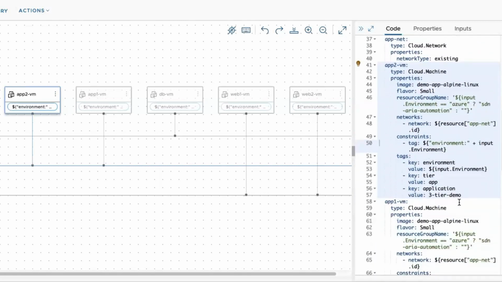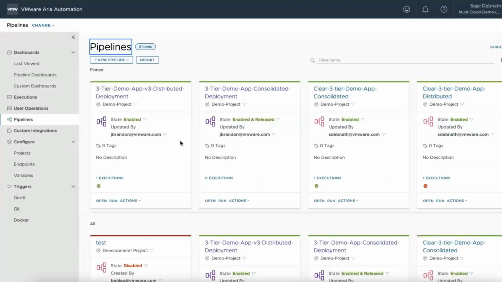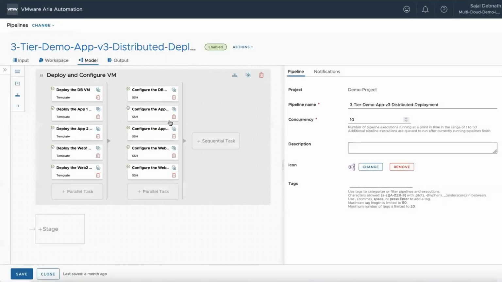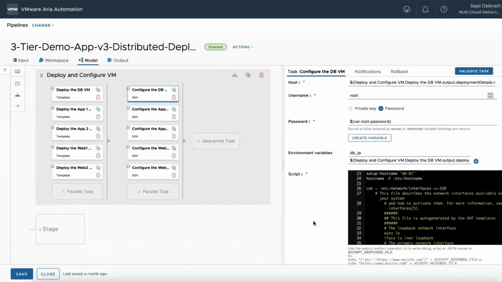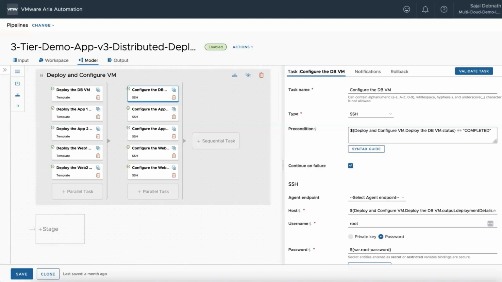Note another tag. These are post-deployment tags that get defined on the VM. So the VM is deployed in vCenter Server and gets tagged with environment, tier, and application. So this is what the template looks like, and I'm utilizing a pipeline for actually installing the application itself. This is really interesting. We would show that in later videos, what the application is, how that looks. But I have deployed that application. How do I monitor? Deploying is just 20%, 30% of it. For 70% of the time, I need to monitor that application.